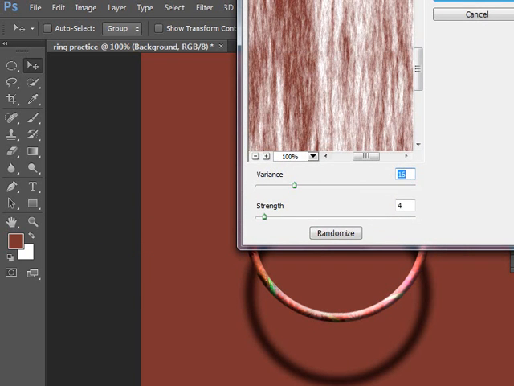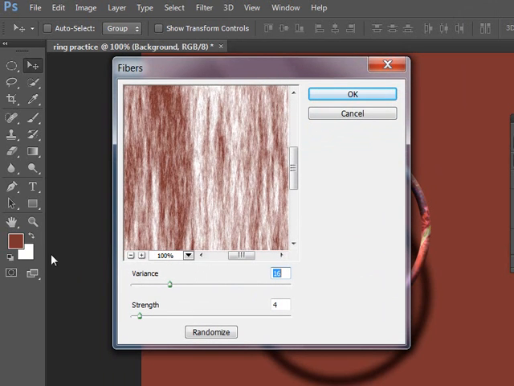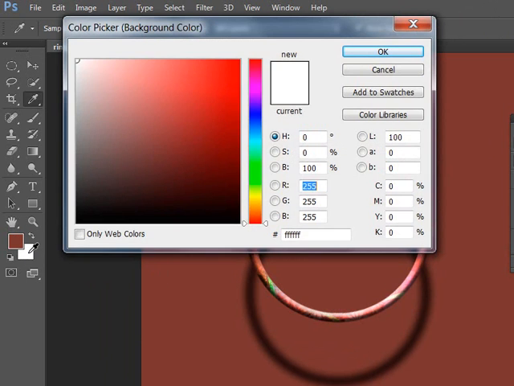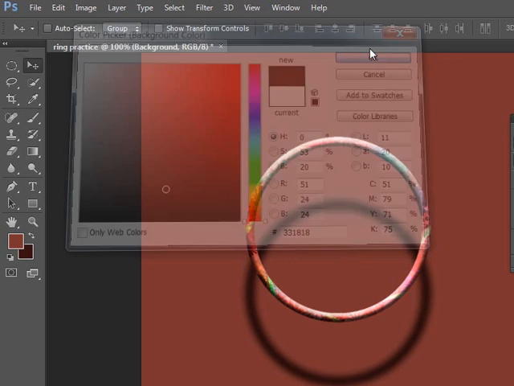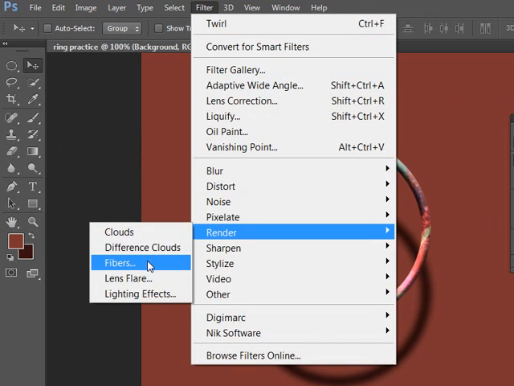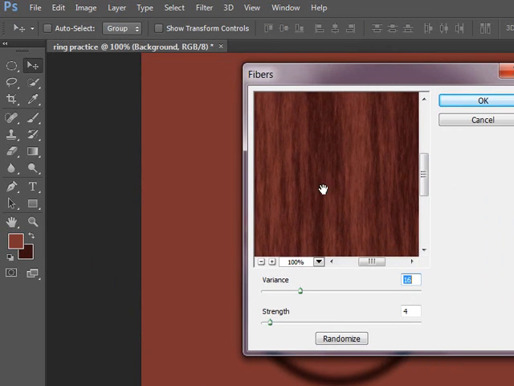And notice that the color of the fibers are based on my foreground and my background color. So let me do this. Let me cancel out of that for a second, because I want to change this background color to something much darker, not a complete black, but a really dark reddish brown like this. There we go. Now let's go and choose filter and render and fibers, and we get this fibery effect